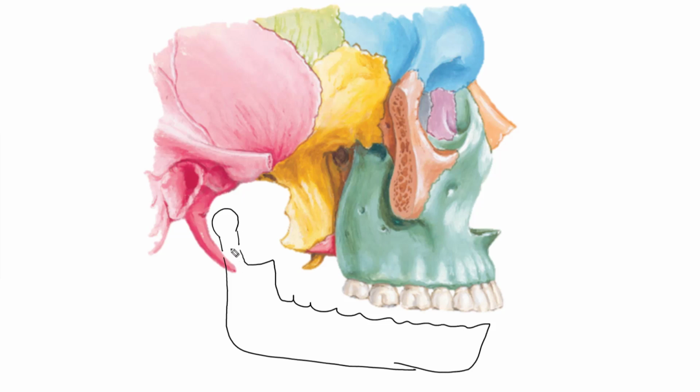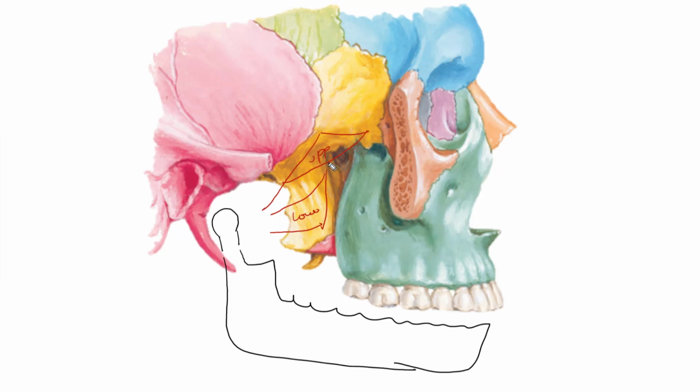Okay, now we are going to see the origin and insertion of the lateral pterygoid muscle. The lateral pterygoid muscle arises as two heads, as we have already discussed. The upper head arises from the infratemporal crest of the greater wing of the sphenoid. So this is the upper head of the lateral pterygoid muscle. The lower head arises from the lateral surface of the lateral pterygoid plate. So upper head and then lower head. This is the upper head of the lateral pterygoid, and this is the lower head.